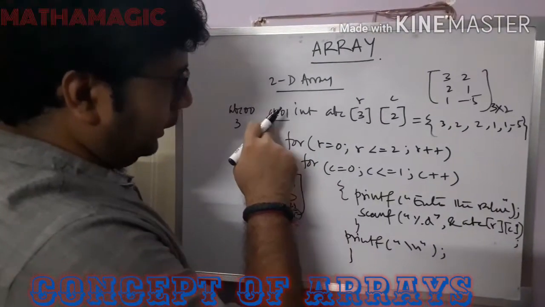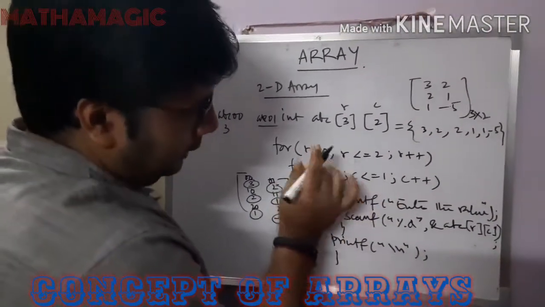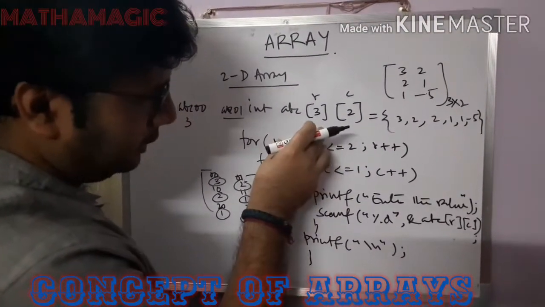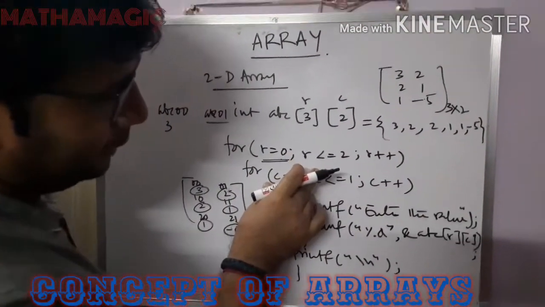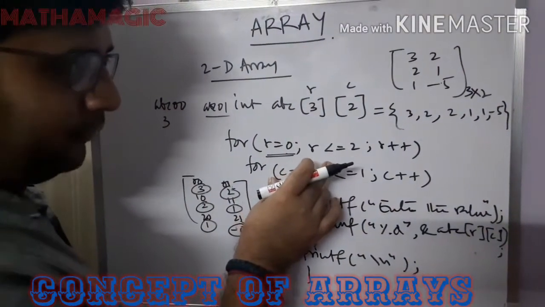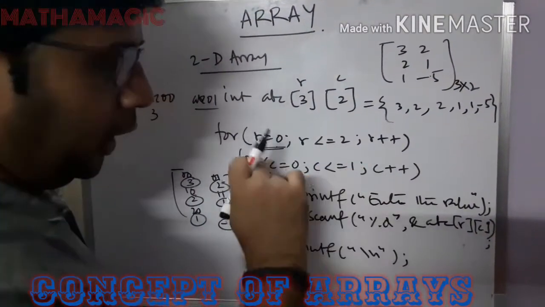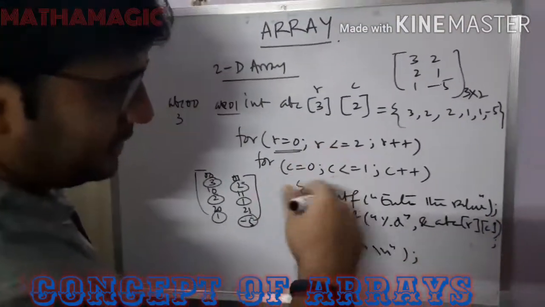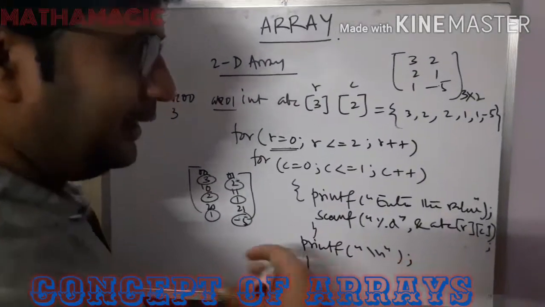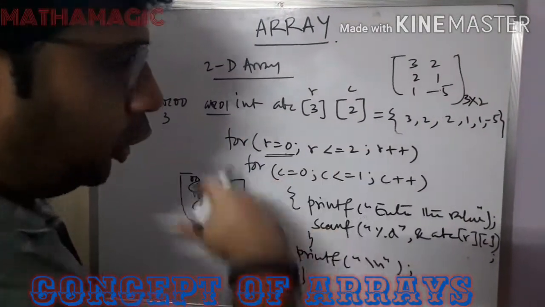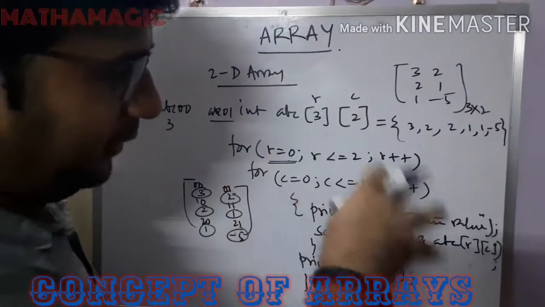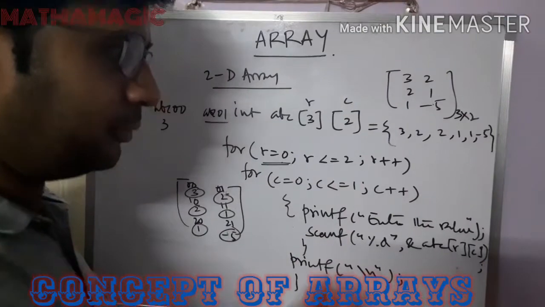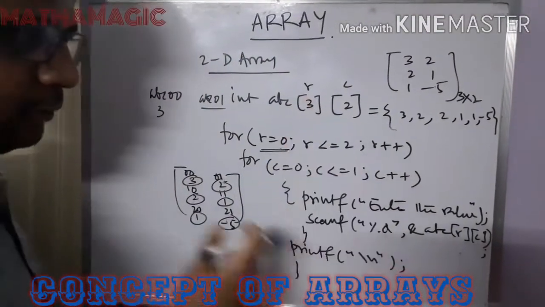So it will become 0 1, because just remember that R is equal to 0 whenever this condition is satisfied and the program enters this particular second for loop. For as long as the condition of the second loop is getting satisfied, it will not go back to the first one. First it has to dissatisfy the condition of the second for loop, only then will it go back to the first one, otherwise it will not go back.